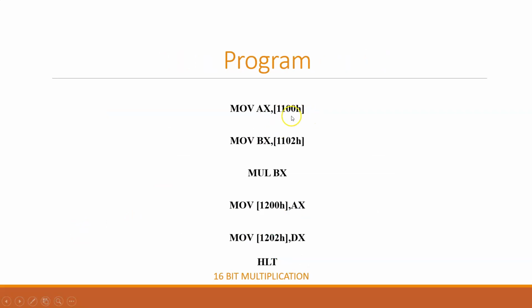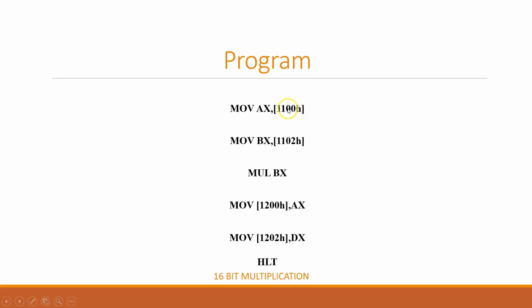When we see the program, as we have discussed already in the previous session, it is not necessary that you specifically use this offset address 1100. You can use any address: 1000, 2000, 3000, 4000, anything you want. I am going to use the first memory location as 1100.